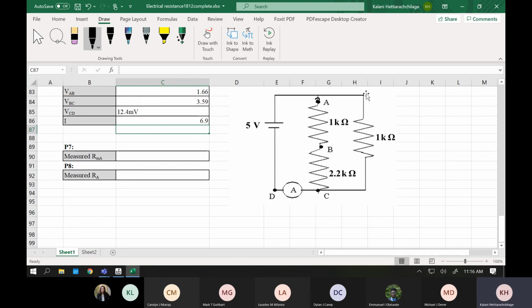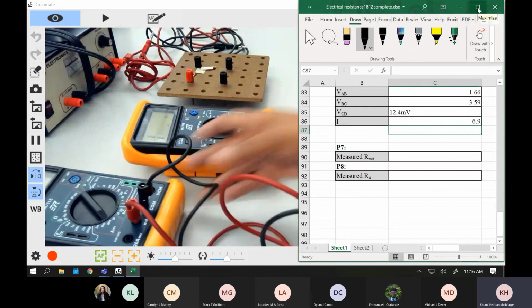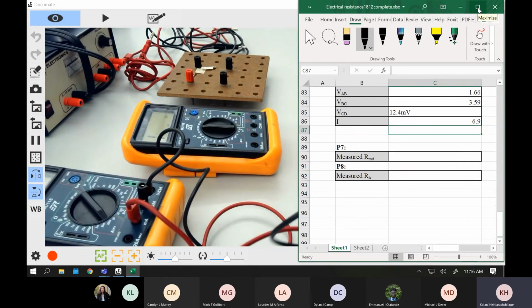Okay, so I think we're going to do the last step. Last step is basically measuring internal resistance. You remember that at the beginning of the class I gave you the internal resistance of the ammeter, right? So we're going to measure that now. So now you have the connection between milliamps and the COM in your ammeter, right? I don't think you need to see it, but it's very simple. So you have this connection, right?